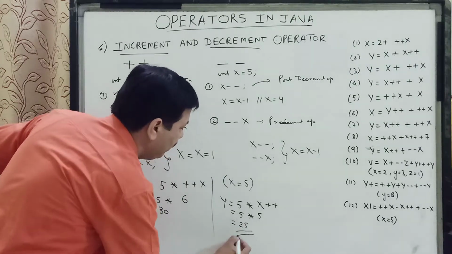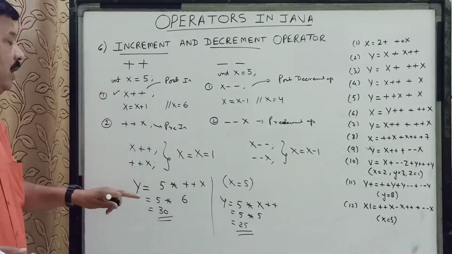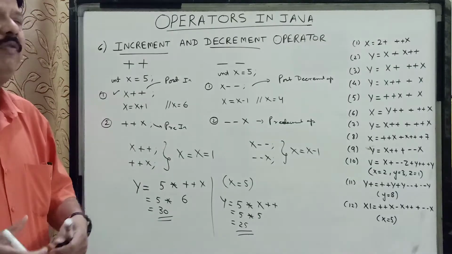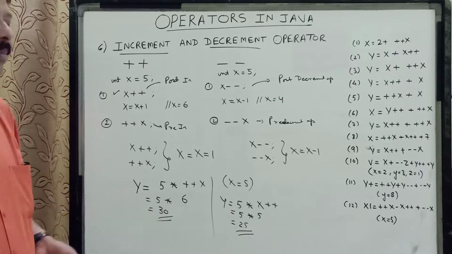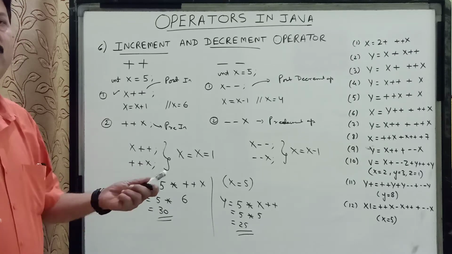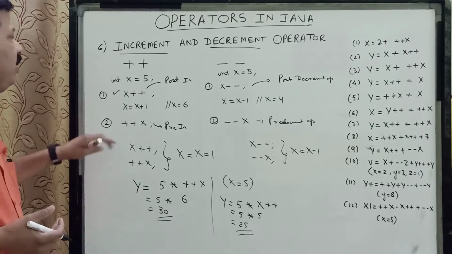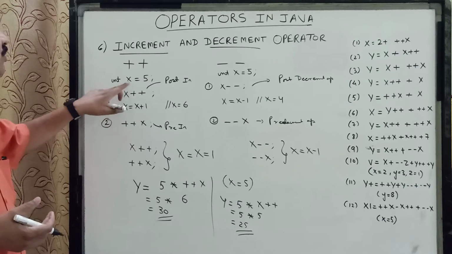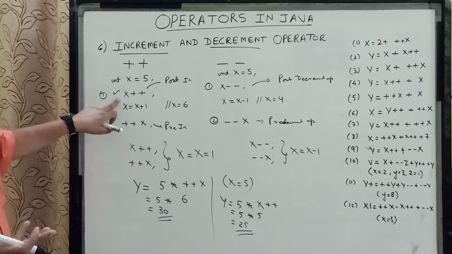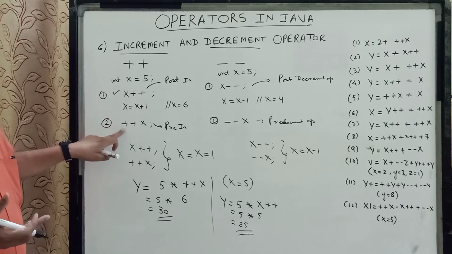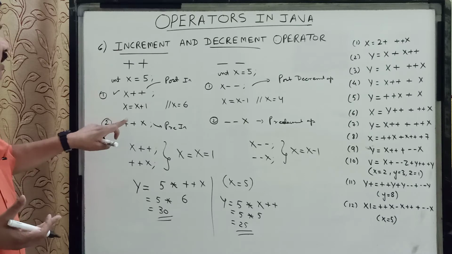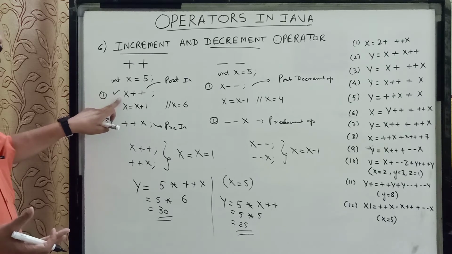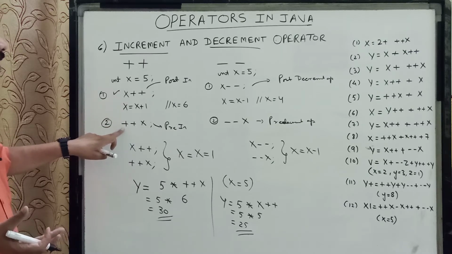So you can see there is a basic difference between the pre-increment and the post-increment when they are used in expressions or even with the print statement. In Java, when we use a print statement with the post-increment, it will first print the value of x, which will be 5, and then it will change. And if I use the pre-increment in a print statement, it will first change its value and then print. So here we will get the value of 5 and here we will get the value of 6.